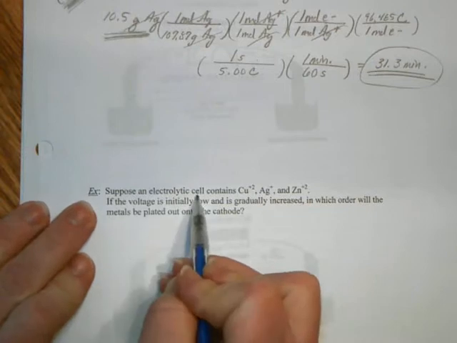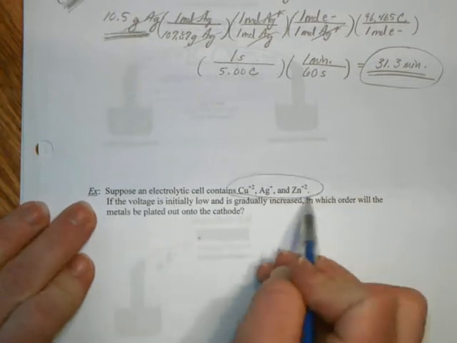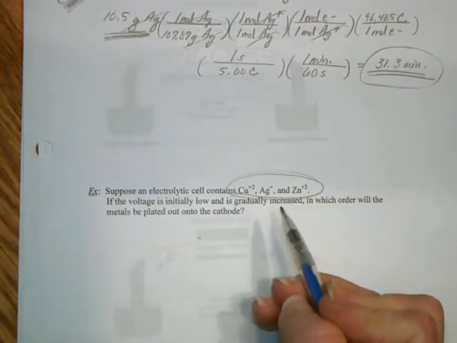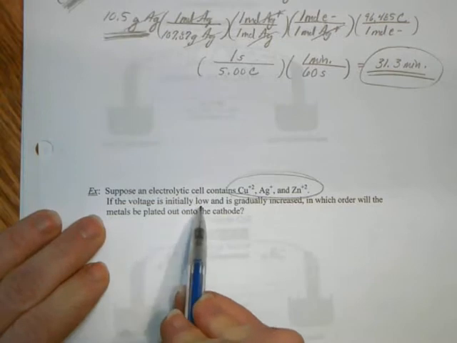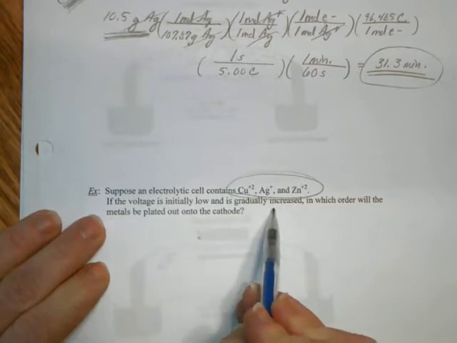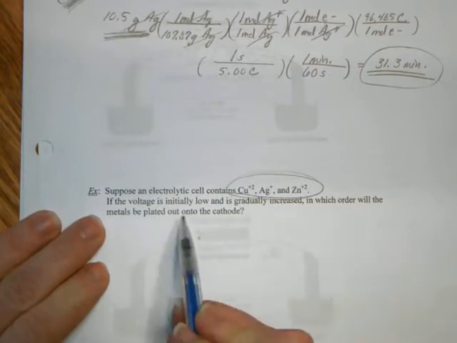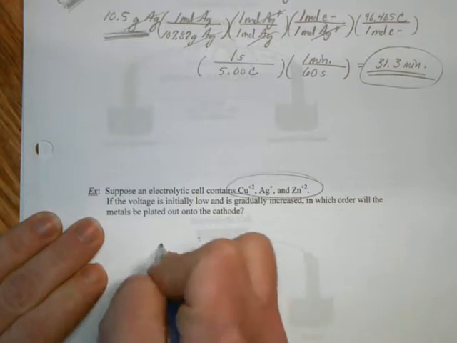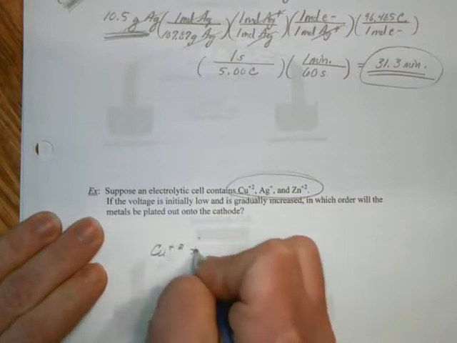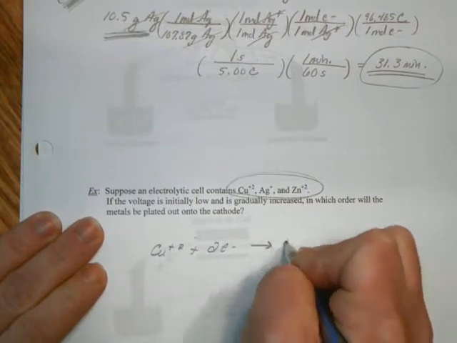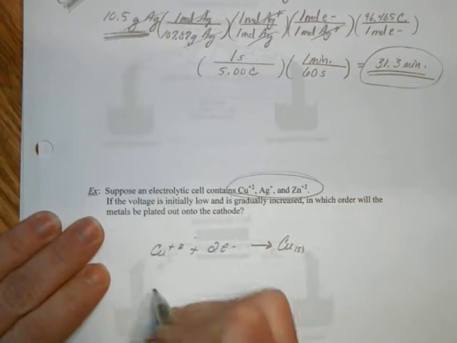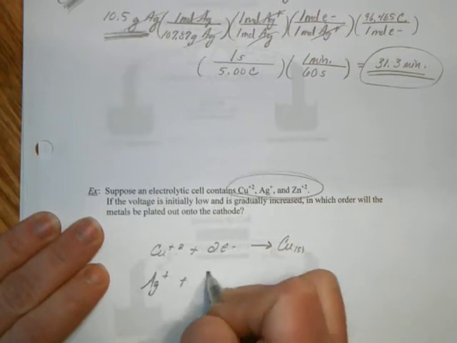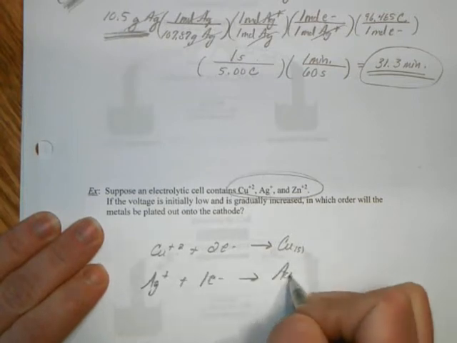This is a great theoretical proposition. Suppose an electrolytic cell contained all of these ions. If the voltage is initially low and is gradually increased, in which order will the metals plate out? Well, we ultimately want to reduce all of these completely. So if we want to approach it through that analysis,